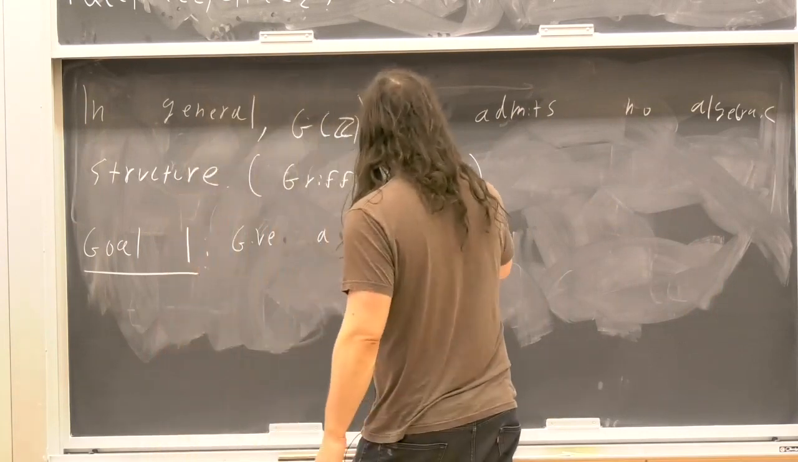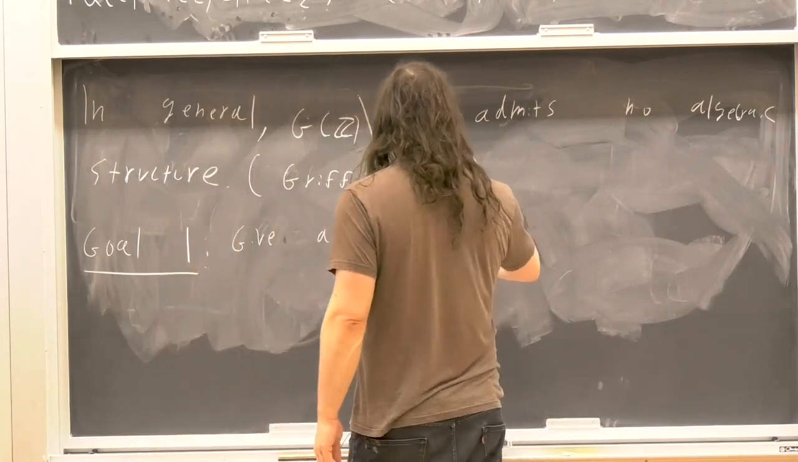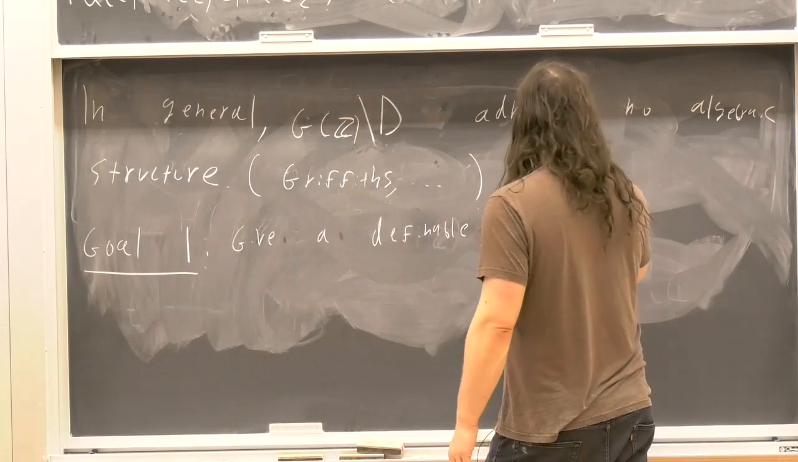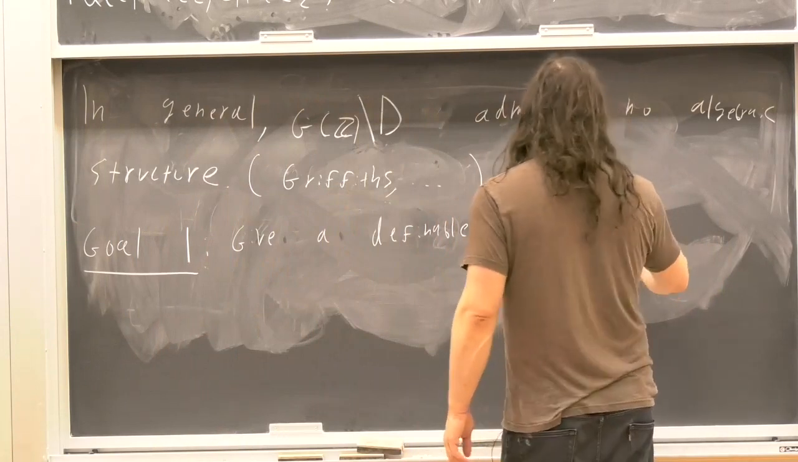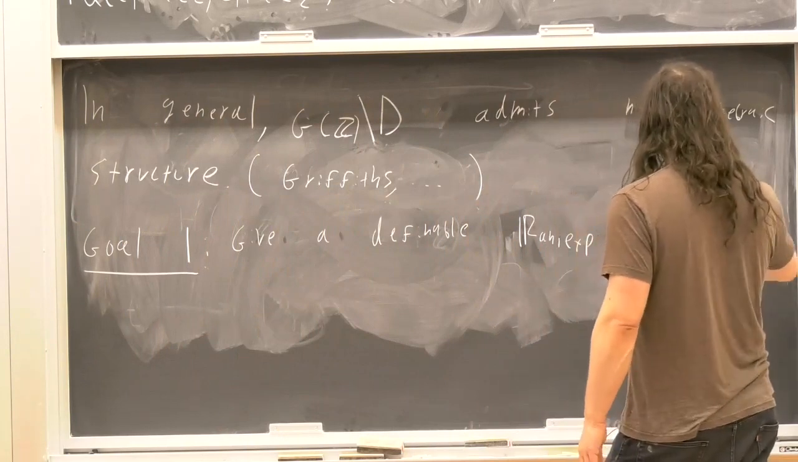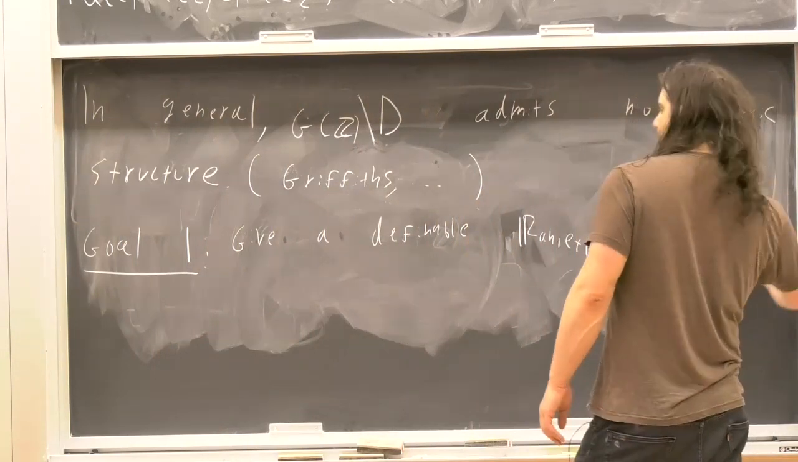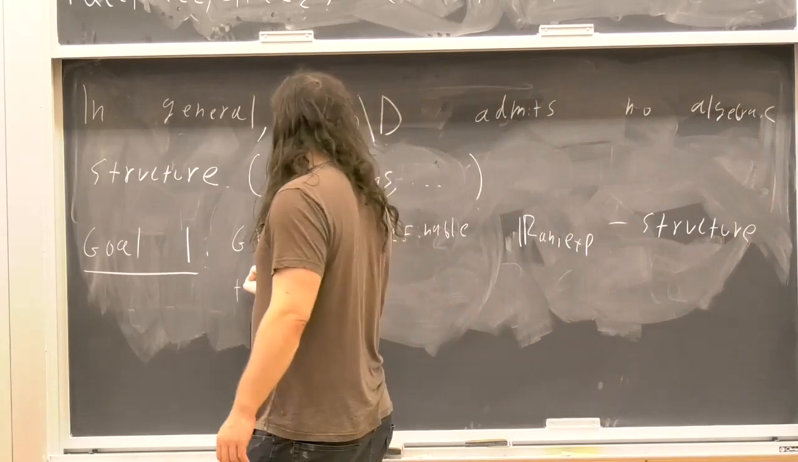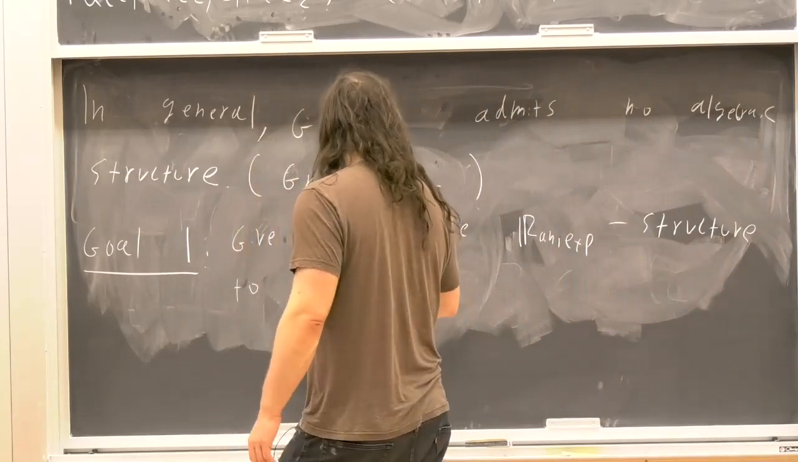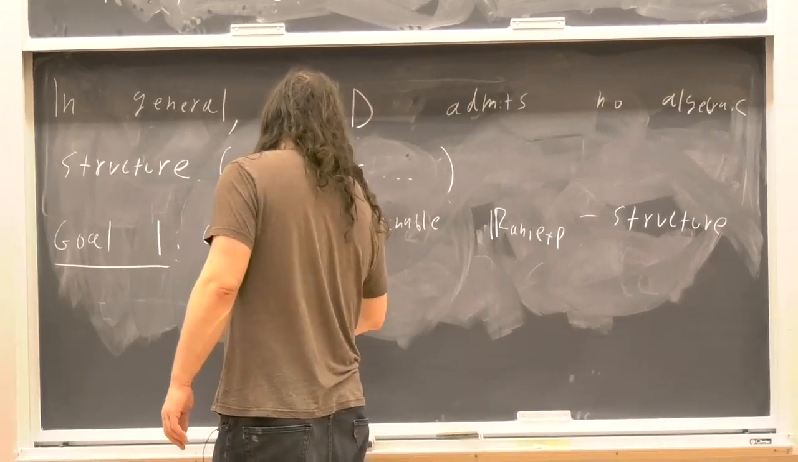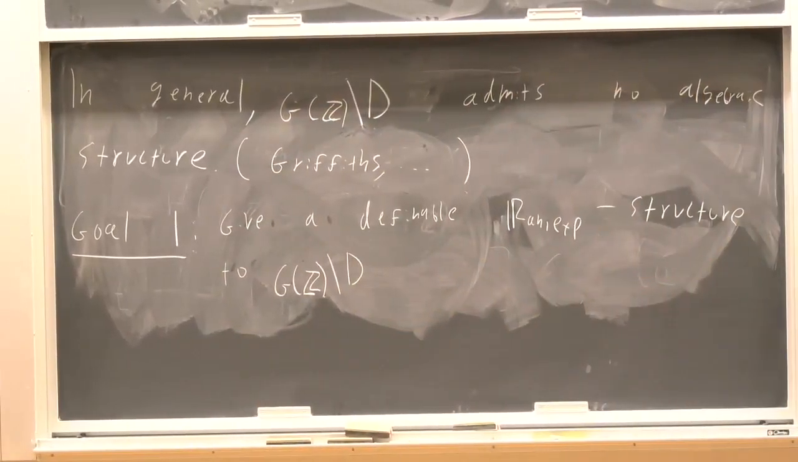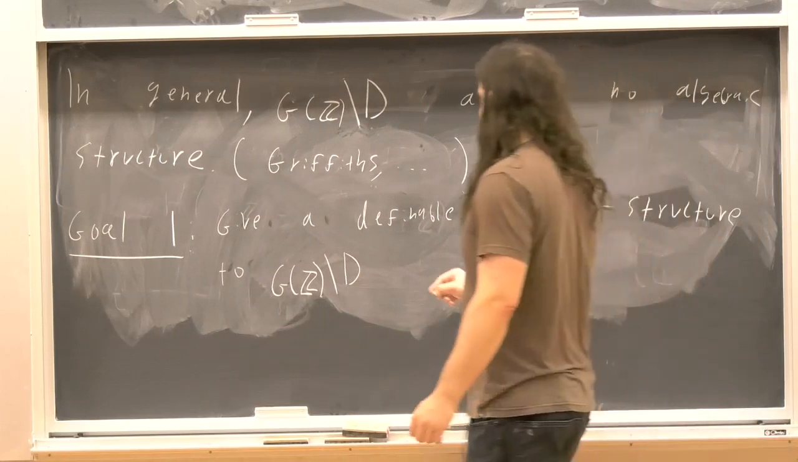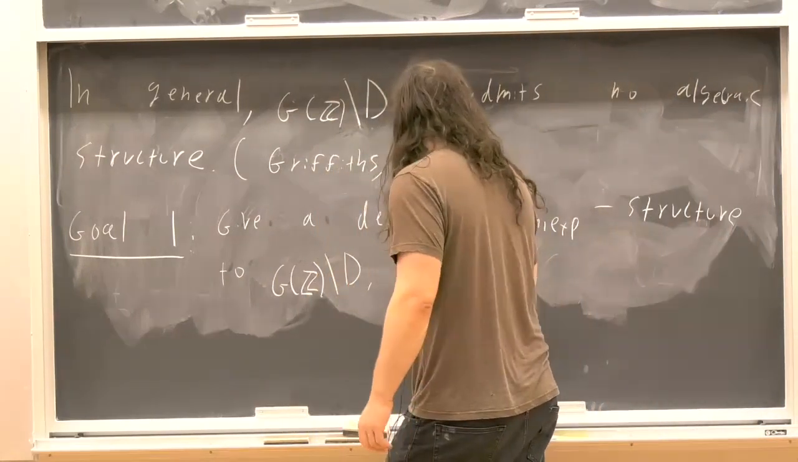So give a definable Rnx structure to d mod gz such that,